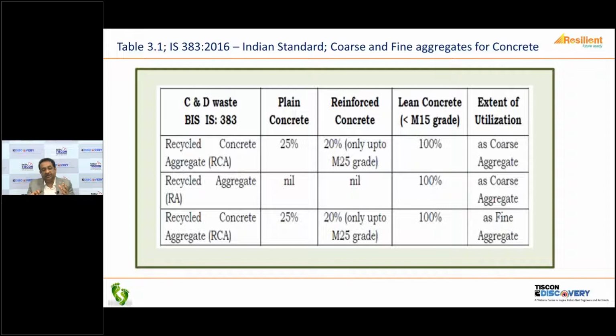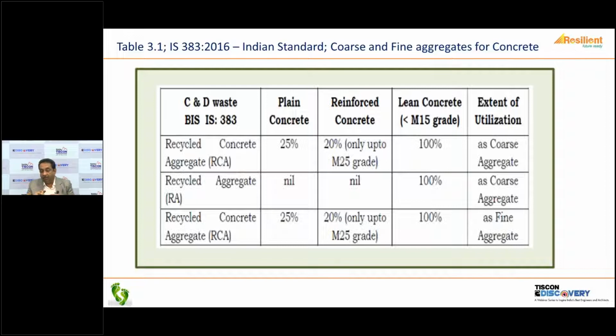What the code says is that in plain concrete, up to 25%, you can use recycled concrete aggregates as a coarse aggregate. In reinforced concrete, you can use up to 20%, but only up to M25 grade as coarse aggregate. Recycled aggregate, which is a mixed aggregate along with bricks, cannot be used in reinforced concrete nor in plain concrete, but it can be used in lean concrete up to 100%. And recycled concrete aggregate can be used up to 25% in plain concrete and 20% up to M25 as a